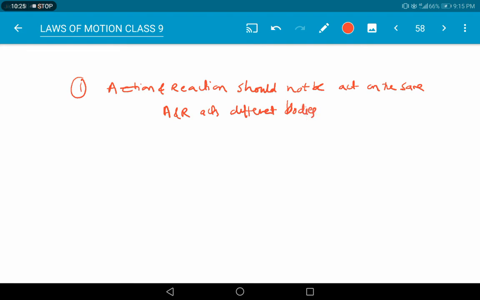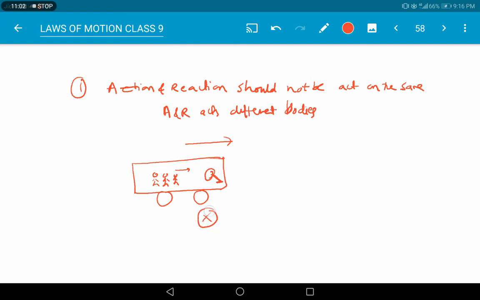Right. Sir, what does it mean? Suppose you are going for a picnic in a school bus. The bus suddenly needs some repair, so we have to move it. When you push it, only then will the bus start. Initially you are inside the bus, trying to push the bus in the forward direction. Will the bus move in this case? No, the bus will not move.